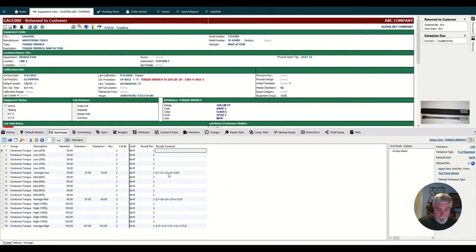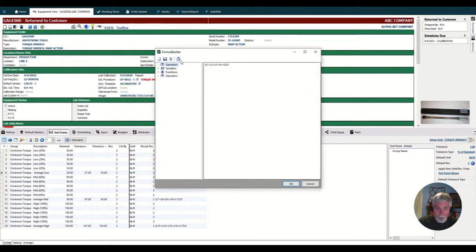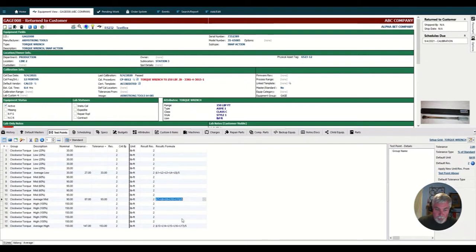And what I've done is I've set up a calculation, a results formula, on line 6, line 12, and line 18. Now if I open up my formula builder, you can see that I'm just taking the line result for lines 1 through 5, adding those together and dividing by the number of readings, which is what gives me my average. I do that for the other